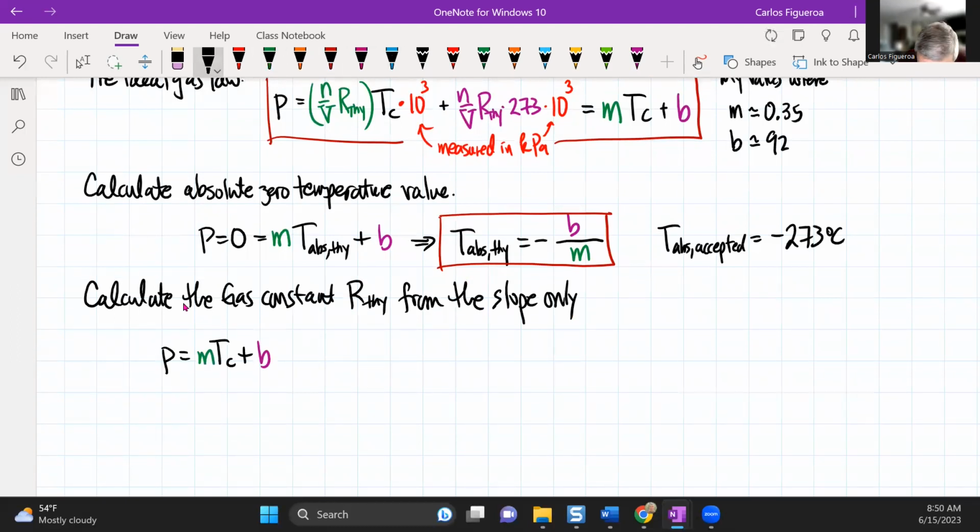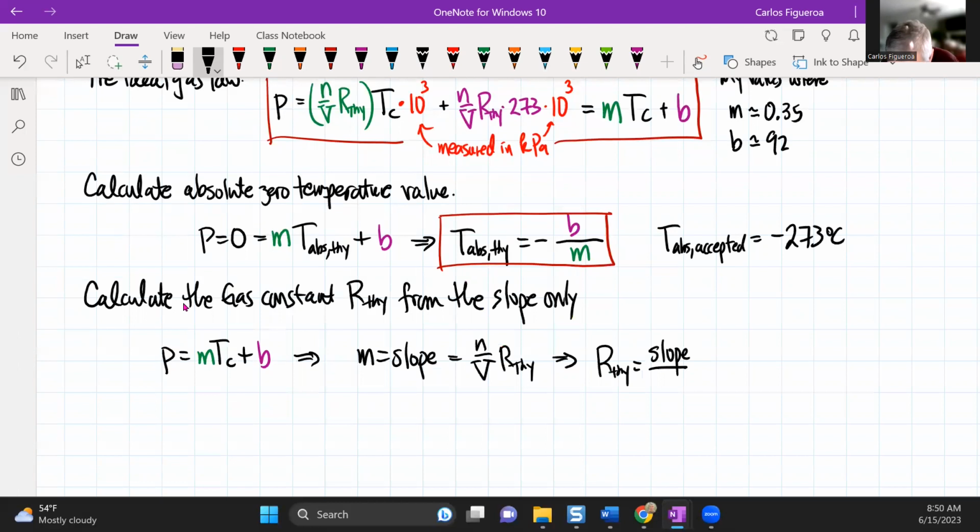So then that tells me that if I look at my M value, this is the slope value. And then this is equal to N divided by the volume times R theory. So then that tells me that R theory is then going to be the slope divided by the quantity N divided by